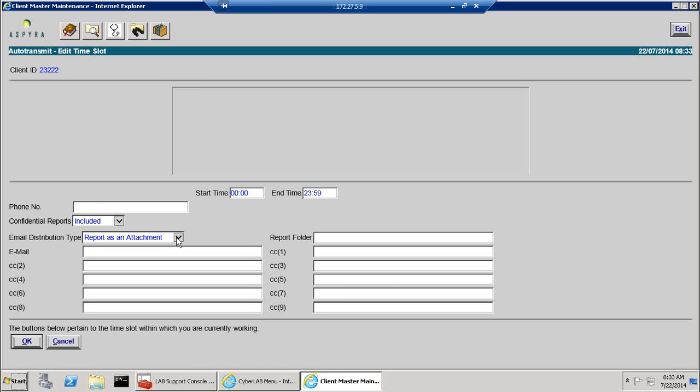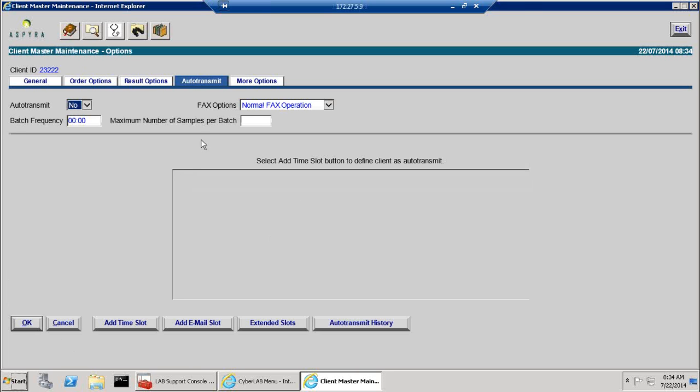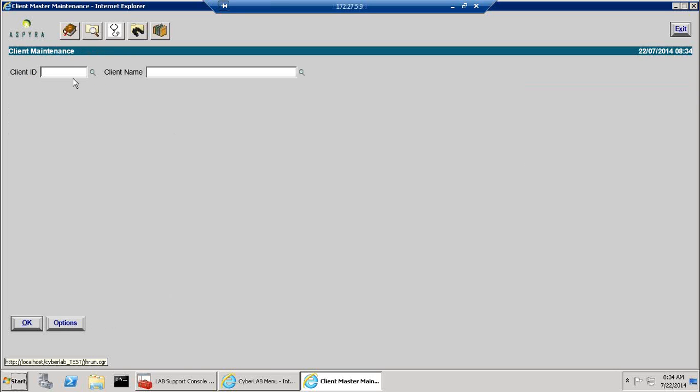Notification criticals only. This is all done by each client. So if this client only wanted to get an email if there were critical values on there, then you would select that attachment. There are a number of other things related to emails that are involved in getting things set up, and we can go through a little bit of that in a second. Matter of fact, if we look at our client,